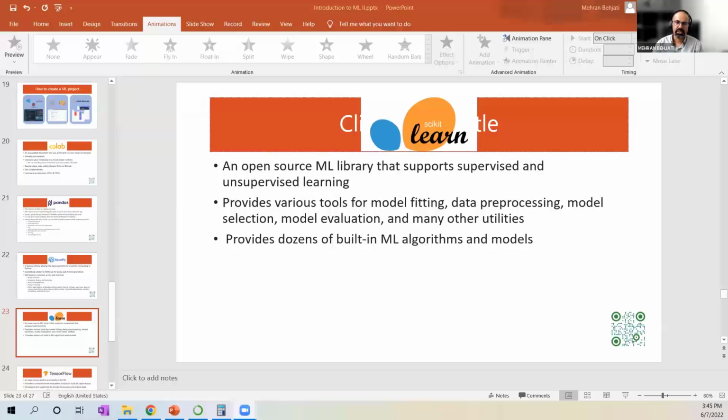So scikit-learn is an open source machine learning library, a general library that covers most of the general models in machine learning, and it is also widely used by machine learning developers. On the other hand, we have